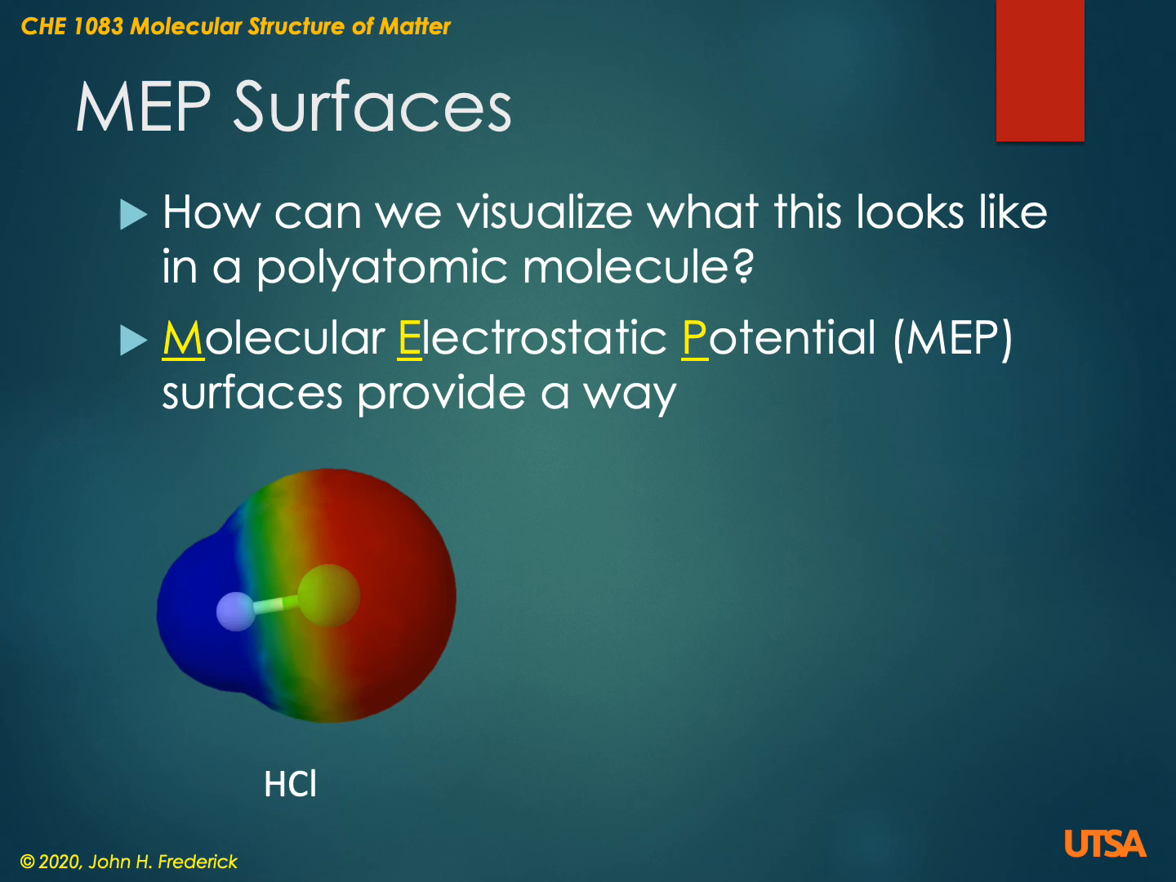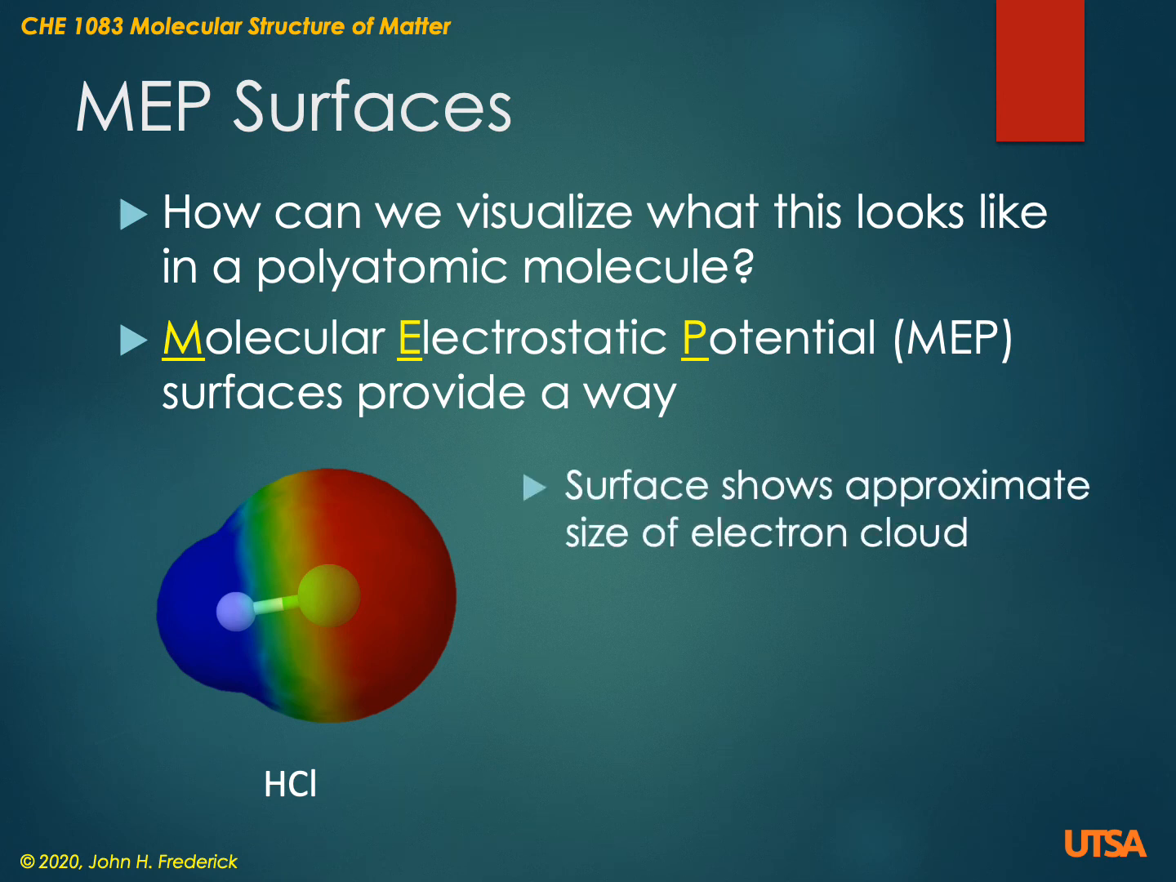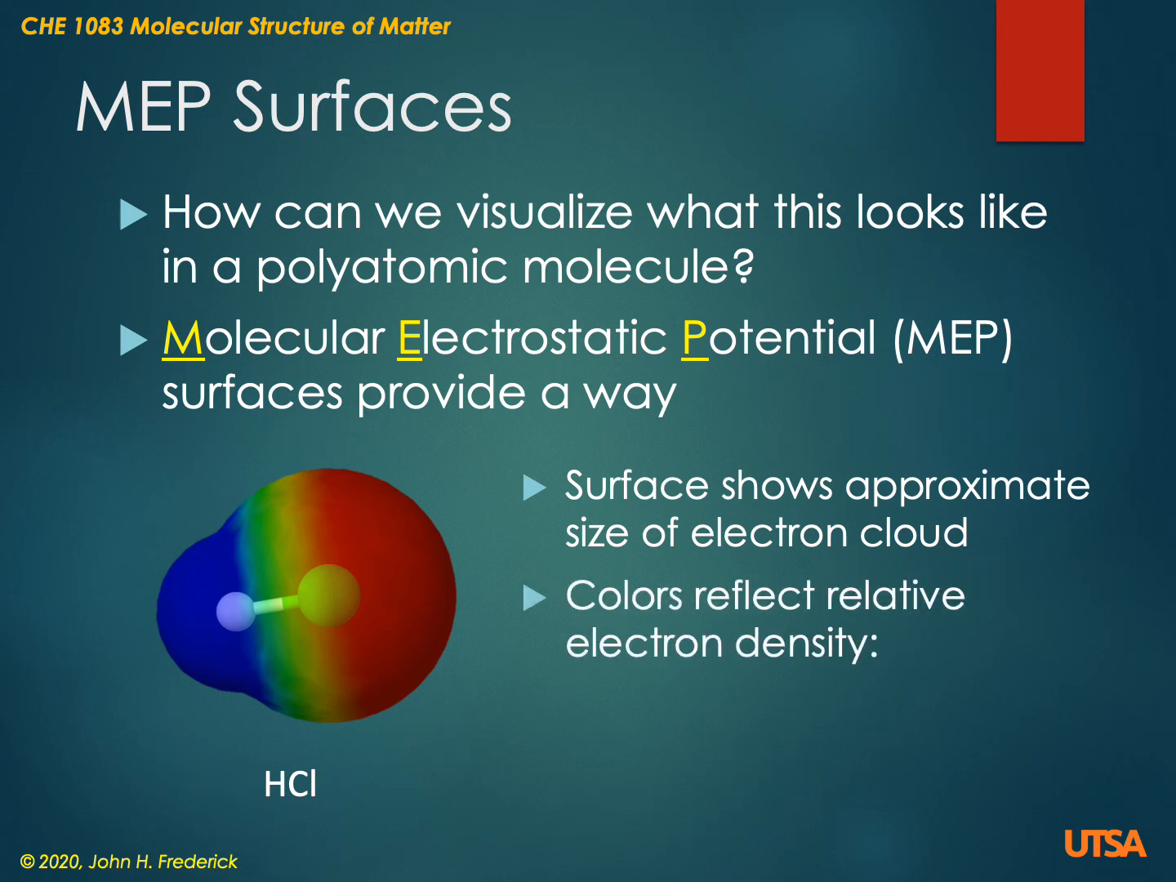This is what it looks like for hydrogen chloride. Okay, you can see it's a very colorful thing. It looks kind of like a 3D shape, and in fact this is a 3D shape. In a program that you'll be introduced to later, you'll be able to look at this and manipulate it in 3D. It shows the approximate size of the electron cloud around the atoms in this molecule, and the colors reflect